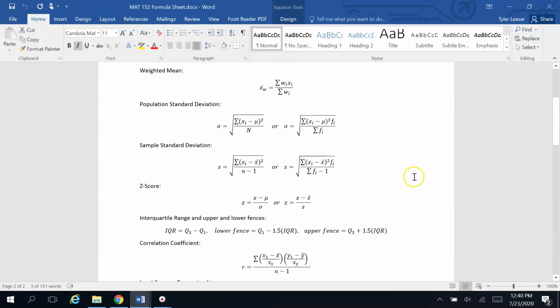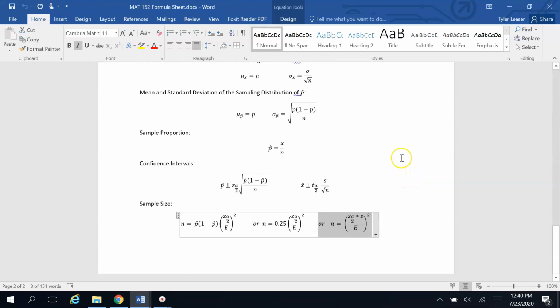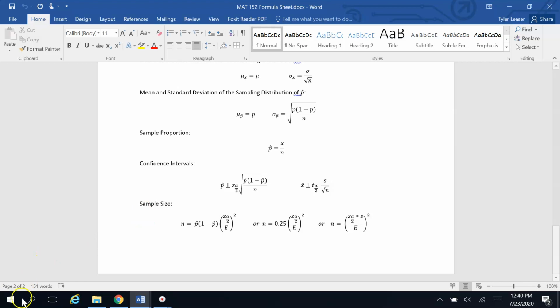I emailed this out a long time ago, and you can find it up on Moodle and the website and everything. What we are looking for is the perfect sample size, which means we're looking for the last 3 formulas on this sheet right under confidence intervals. And the one that we are going to use is this one, because we want the one that has to deal with means and standard deviations, and that's this last one. These first 2 have to deal with proportions.